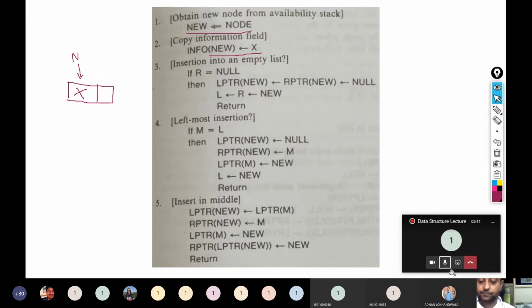So I have acquired a new node and I have updated it with the information.